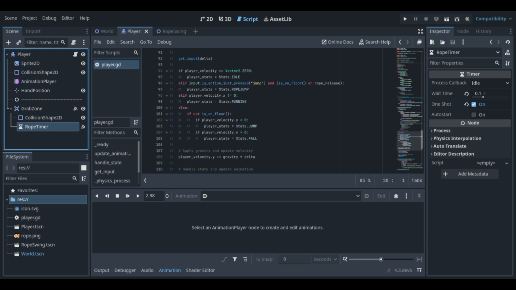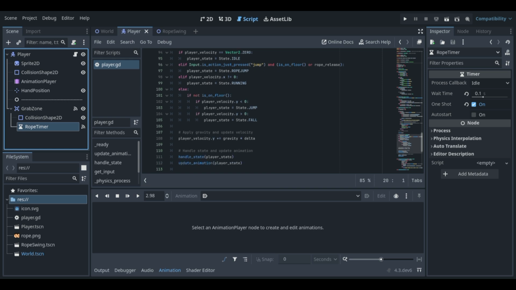And if Input.is_action_just_pressed(jump) and it is on floor or rope_release, so player_state is equal to State.ROPE_JUMP. And if player_velocity.x is not 0, so player_state is equal to State.RUNNING.